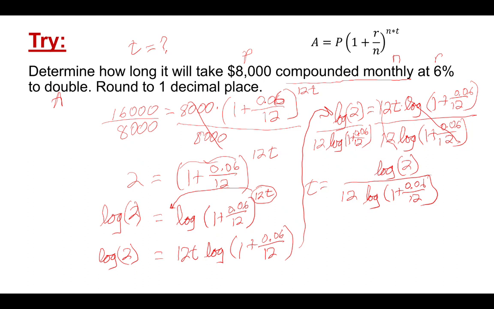Log of 2, divided by, open a parenthesis, 12 times log of 1 plus 0.06 divided by 12, and then close that parenthesis, close the next parenthesis, so I have everything closed,